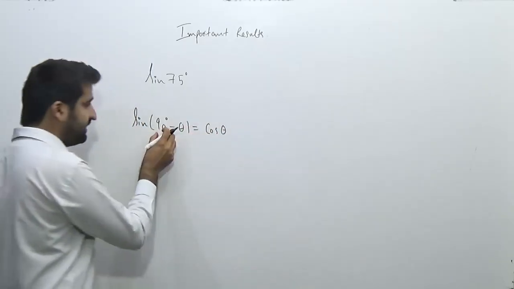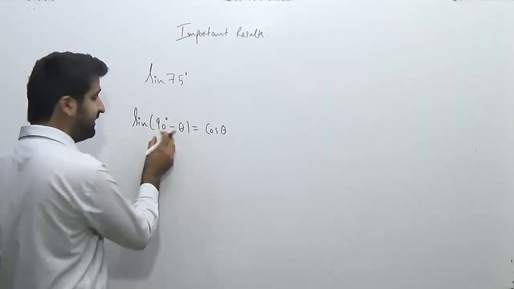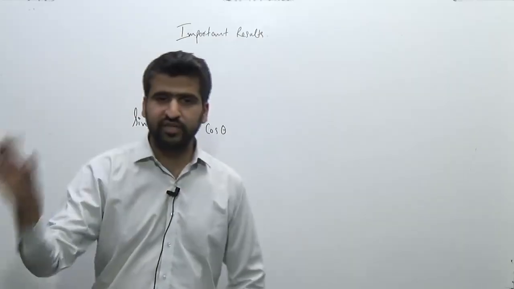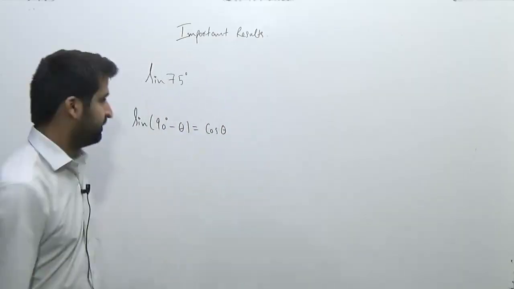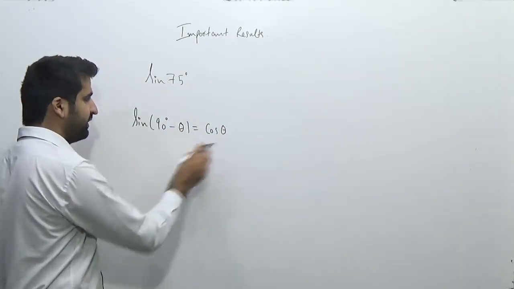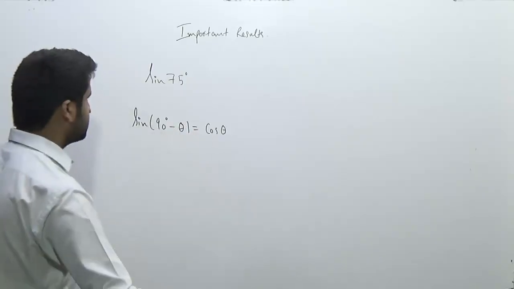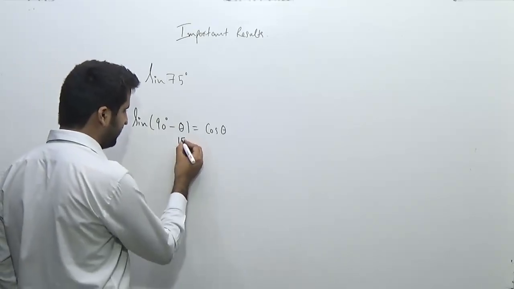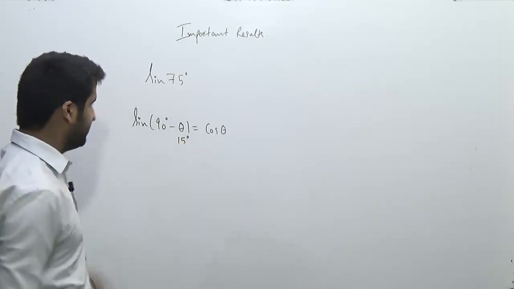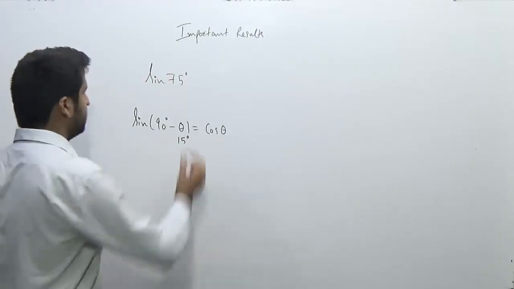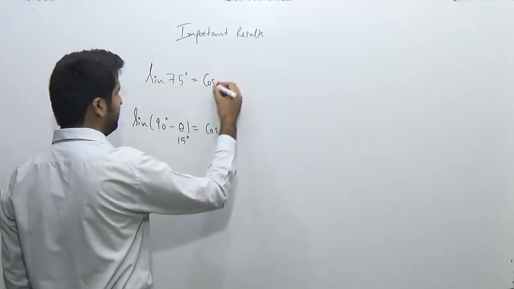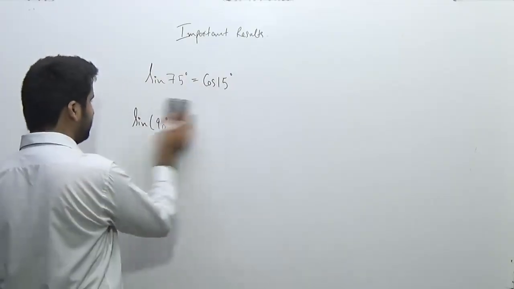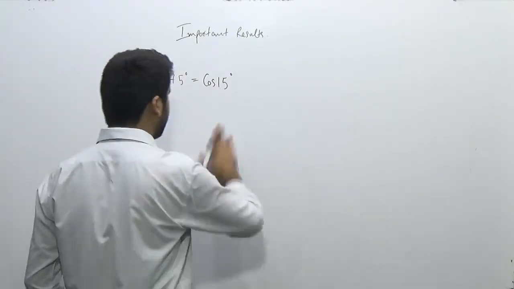Since in the case of 90 degrees or 270 degrees, our trigonometric ratio will change: sine theta will change to cos theta, cos to sine. And since it is the first quadrant, this will remain positive. So sine of 90 minus theta is equal to cos theta. If I substitute theta equal to 15 degrees, this will become 75 degrees, and this is equal to cos of 15 degrees. So sine 75 degrees is equal to cos 15 degrees, which is equal to, let's apply the